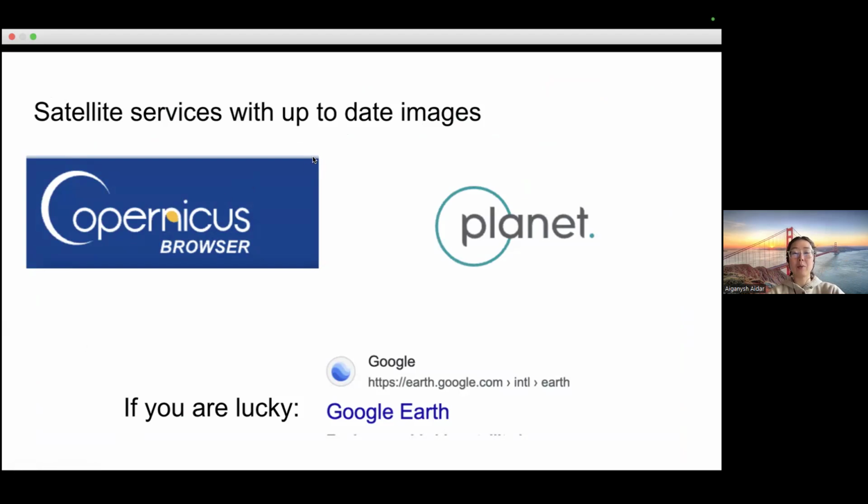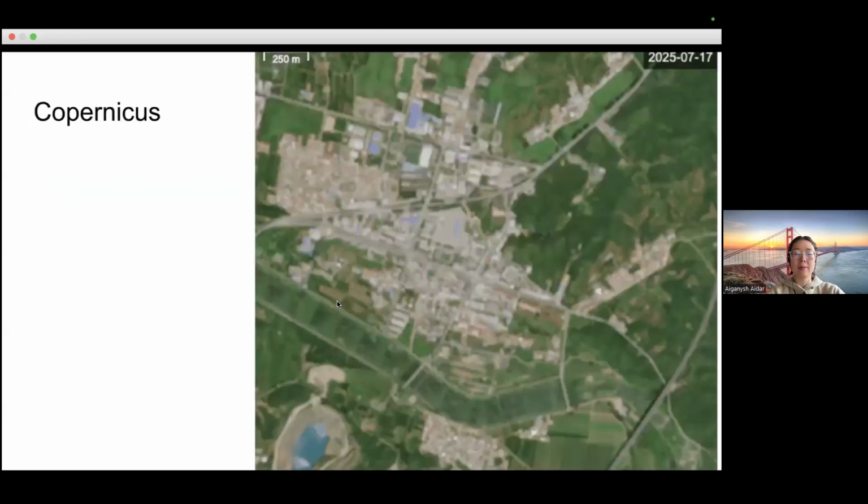And some of them get updated every few days. So it gives you a nice overview of the damage that has happened. The ones I'm going to talk about are, similar to the last presentation, Copernicus, and a little bit of Planet and Google Earth Pro. So let's start with